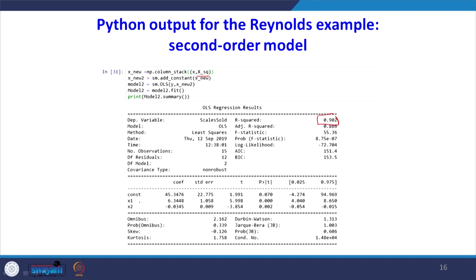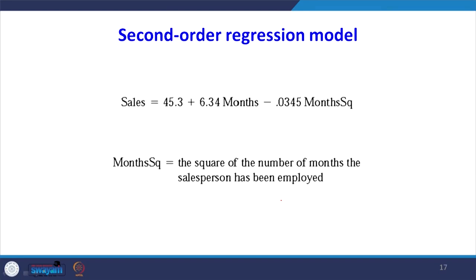Look at the significance of each variable, one is x1, another one is the squared value of that x1. Both are significant, this is less than 0.05, this is also less than 0.05. When you introduce a squared value, the model is significant. But significance alone is not enough for us to decide whether the model is good or not, we should go for error analysis.